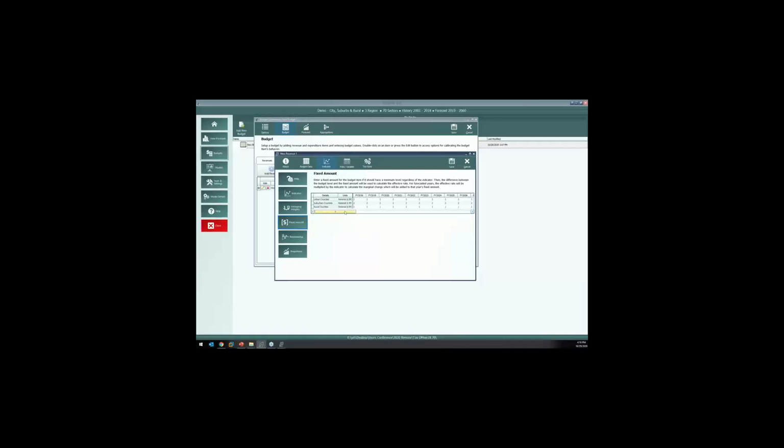We've also added a feature for putting in fixed amounts, so that the effective rate will only use the marginal change. So you can put in a fixed amount, and you can put fixed amounts in for future years. So that's all new.